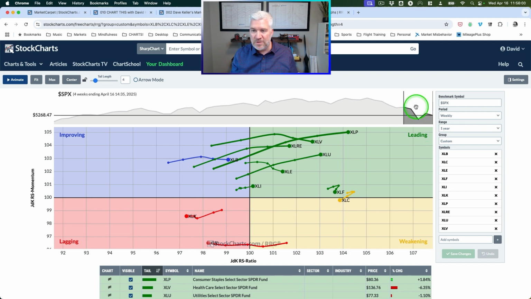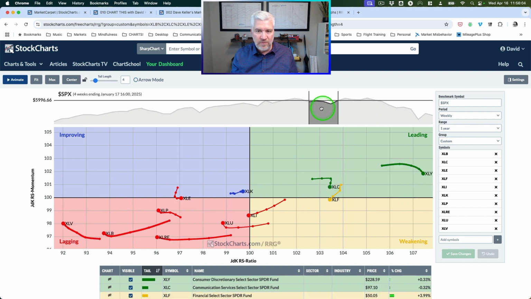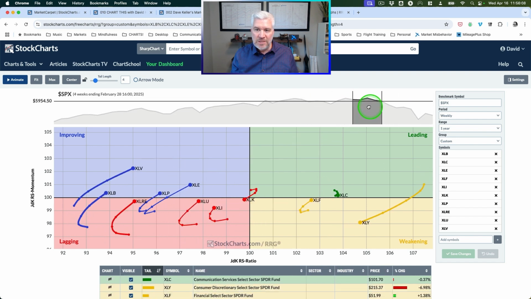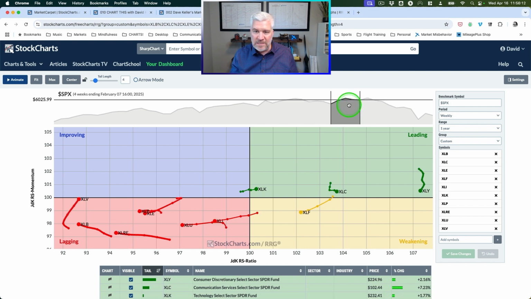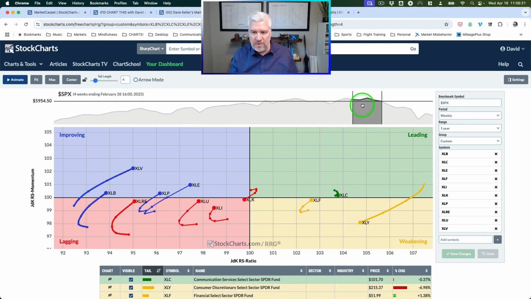Now on stock charts, there's a fantastic capability, which is at the top. You can click on this little preview chart of the S&P 500. You can put the RRG in motion. So going back to like the February peak here, we can see going into, let's see, this is January. You can see the dates up here in the upper left. You know, through the end of January, now into early February,